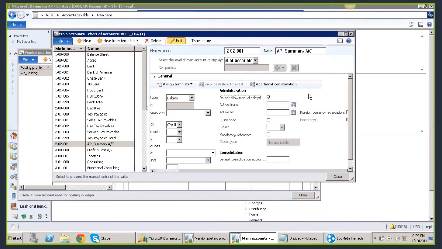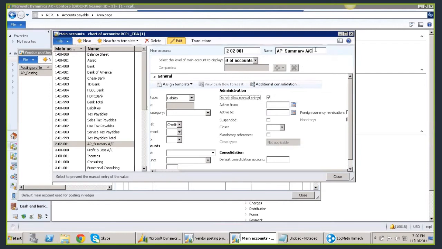Why should we not allow manual entry to be posted against this ledger account?